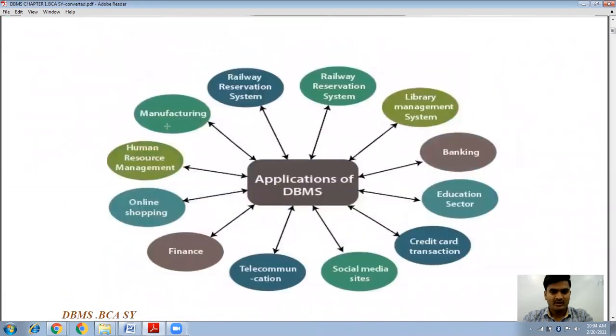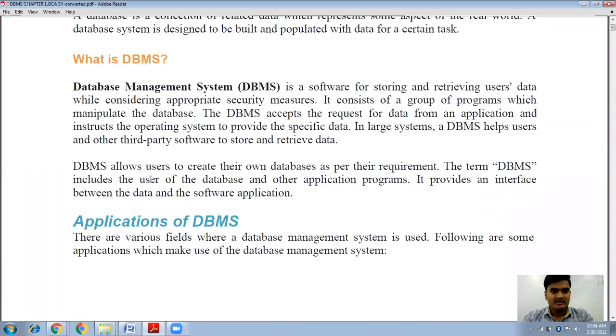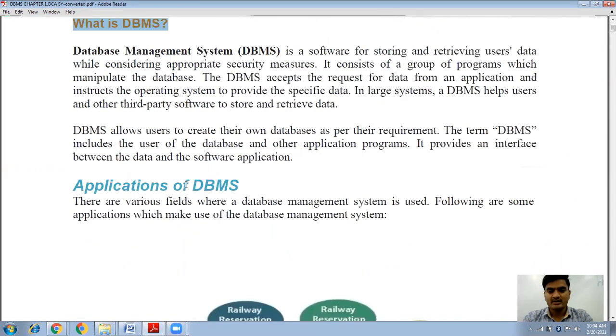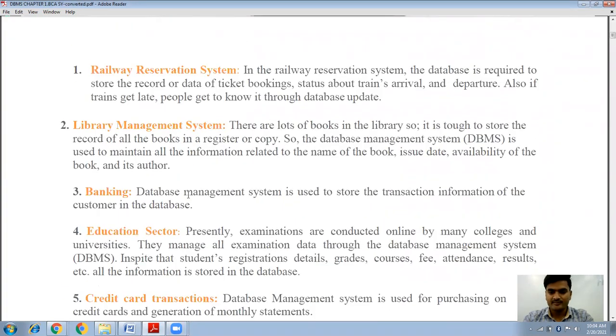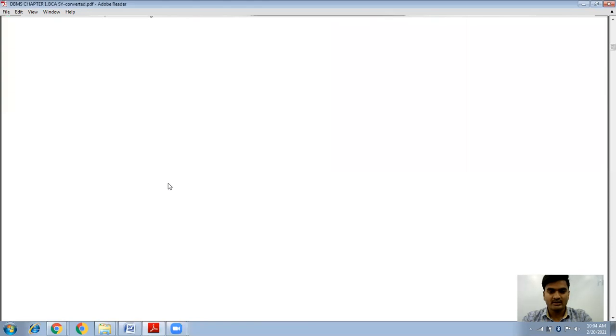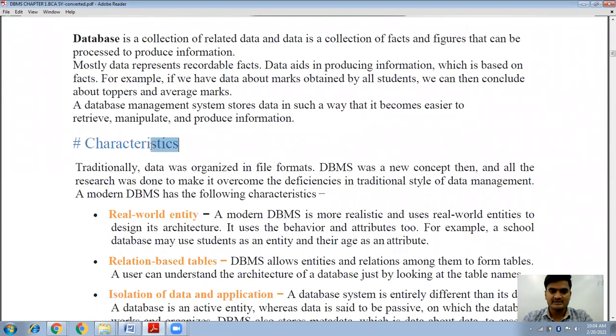In our last lecture, in our last online session, we have learned different topics in our DBMS, applications of DBMS, then what is the definition of DBMS, what is database. These concepts we have learned in our previous video, and today we are going to learn our new topic here, the characteristics of database or characteristics of DBMS. Okay, and in these types of characteristics, how we can use their functionalities, their use